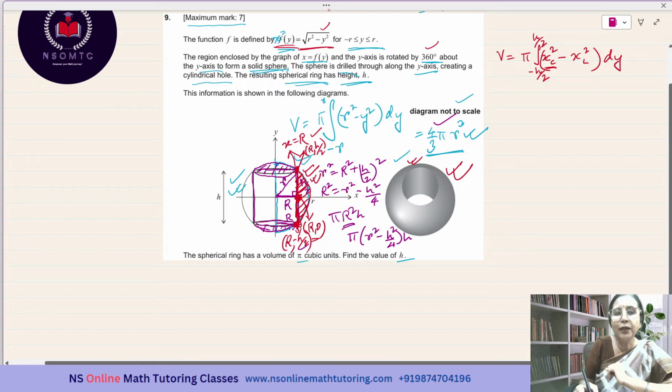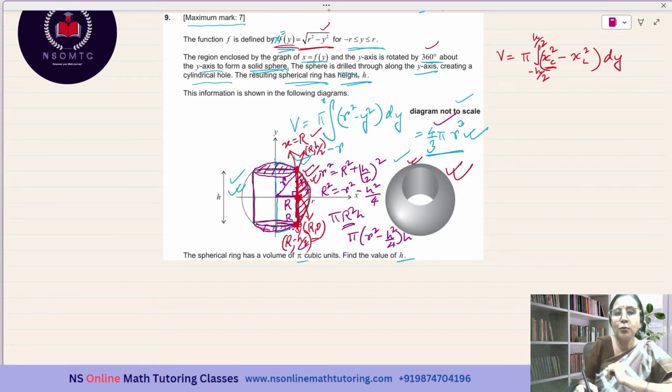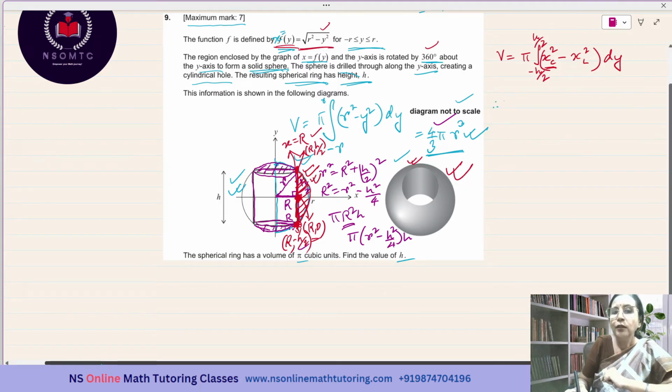In place of R, we will be writing R square equal to small r square minus a square over 4. If we take R, it will be the positive square. So therefore, V equal to pi integral from minus h over 2 to plus h over 2, and in place of xc square, I am writing small r square minus y square, and xl square will be equal to capital R square, which will be equal to this. Okay, so I am taking this and it has to get subtracted. So it is minus R square minus H square over 4